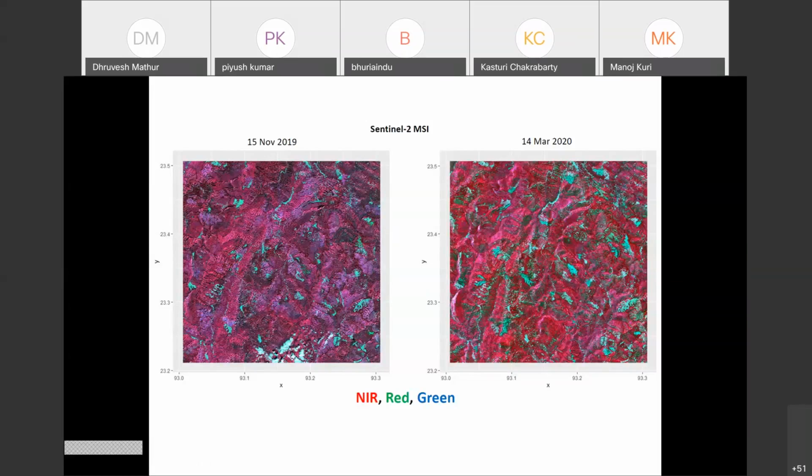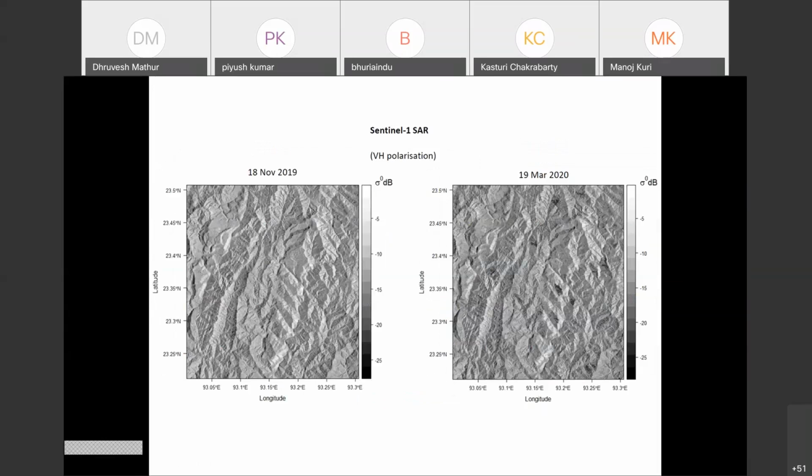So that's how we try to use this. This is just a recent exercise that we are continuing now, and here what we have seen for this comparison is that shifting cultivation actually leads to forest fire burnt patches also. So this gives us the burnt area discrimination. For this particular